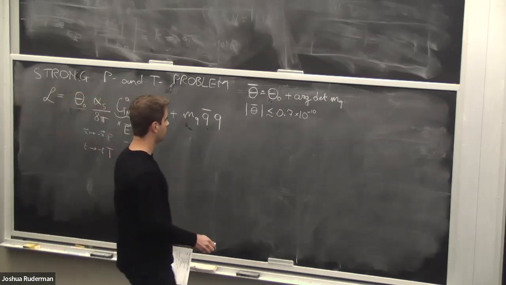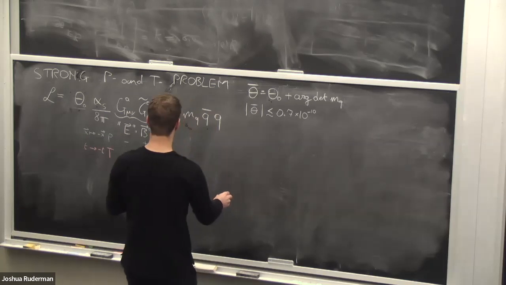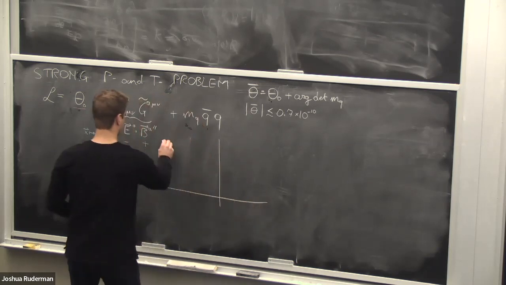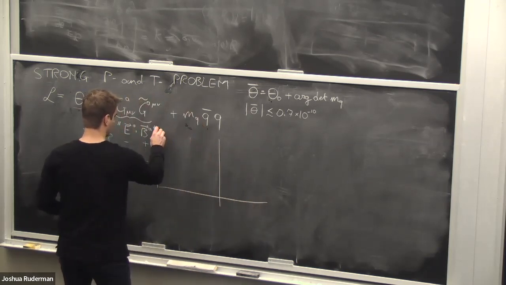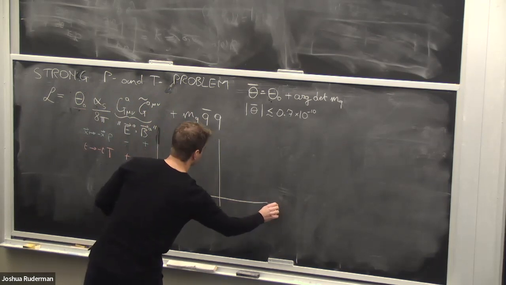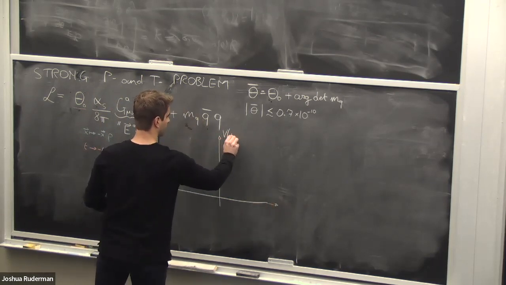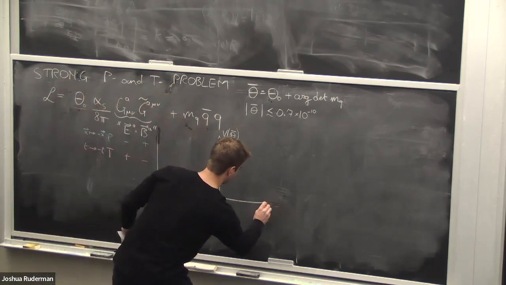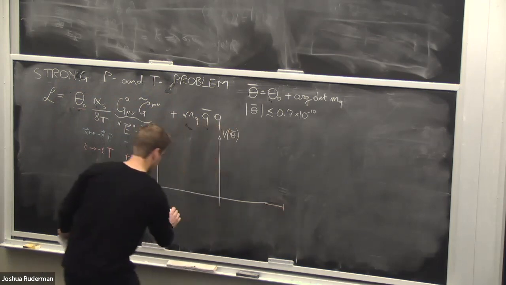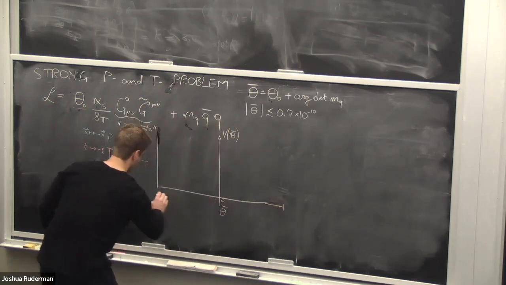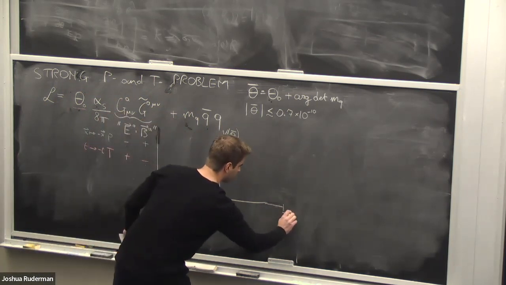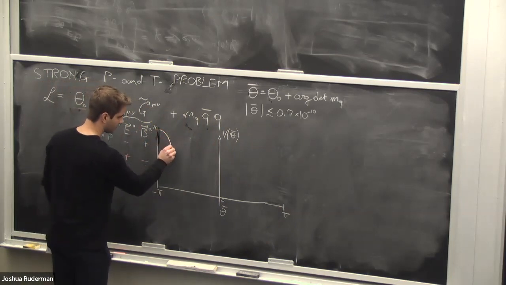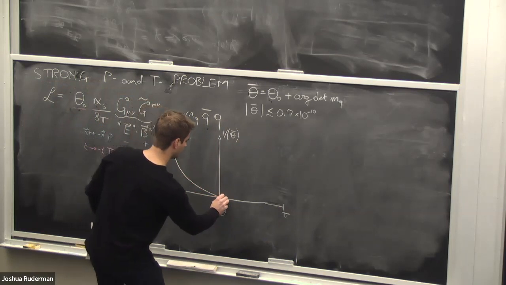Okay, so one of the physical consequences is that you can calculate the vacuum energy density contribution proportional to theta. So you can write down the energy density of the universe as a function of theta, at least its variation. So theta bar goes from minus pi to pi, let's say, and you can calculate it in chiral perturbation theory, and you find that it has this periodic potential.